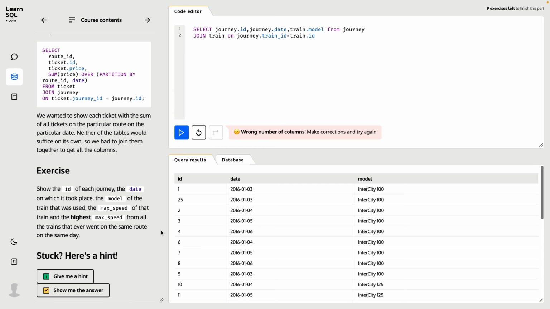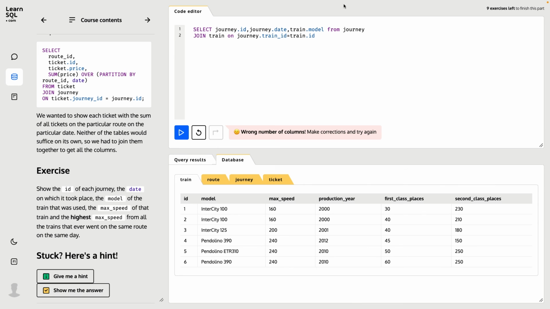So what else do we need? We also want the max speed of that train and the highest max speed from all the trains that ever went on the same route on the same day. So I'd imagine train has a max speed. Okay, so we'll have train.max_speed. And then we want the highest max speed, so that's the max aggregator. So max(train.max_speed), and that's over